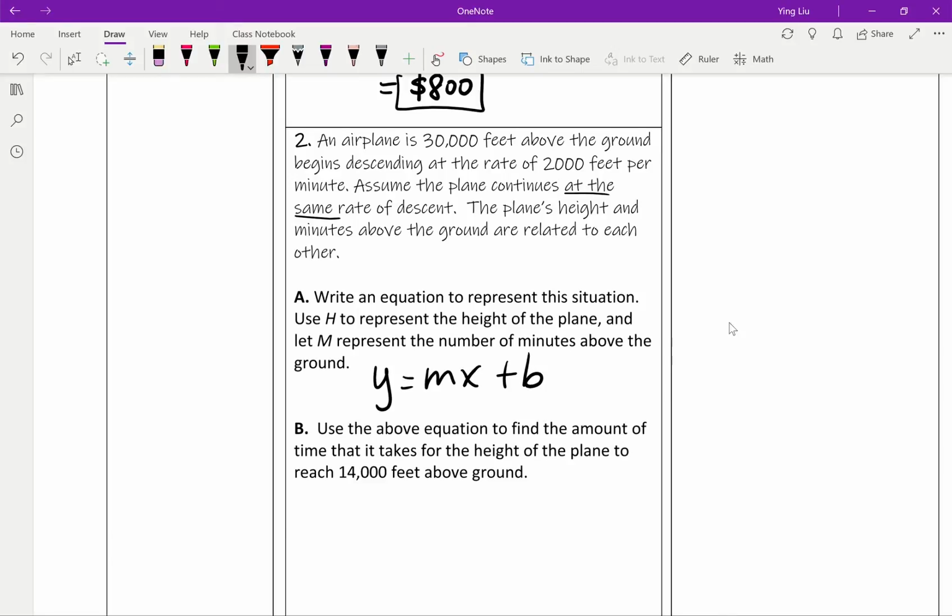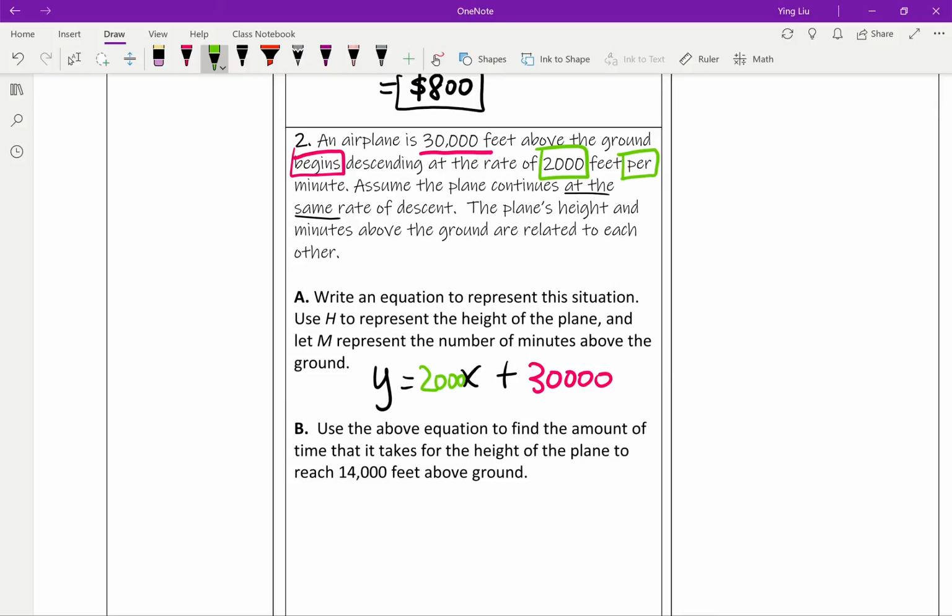So we just first need to find the starting point. Because the plane was 30,000 feet above the ground to begin with, we know that our initial value here is 30,000. And because it's descending at the rate of 2,000 per minute, we're going to put 2,000 as our constant rate